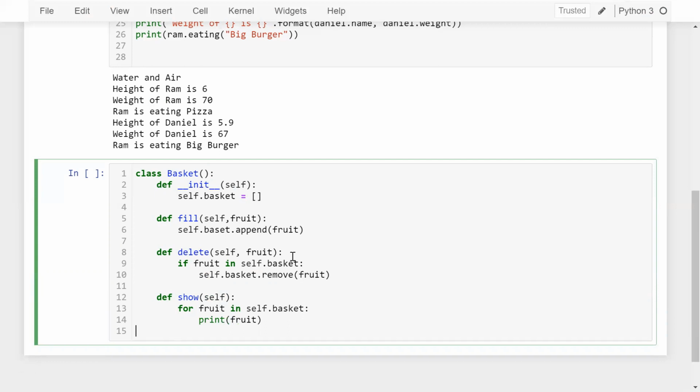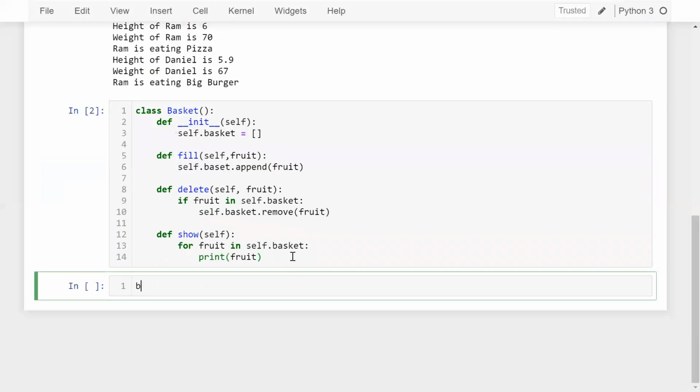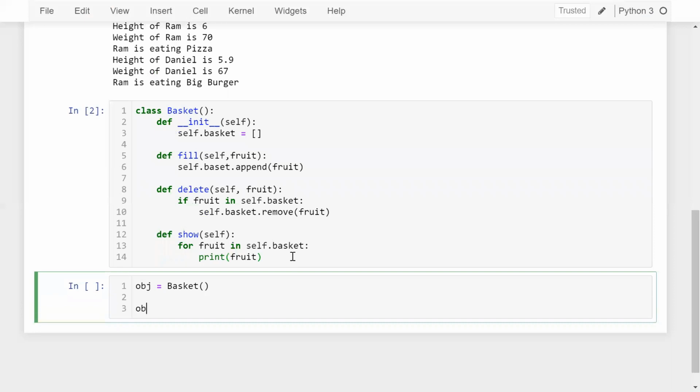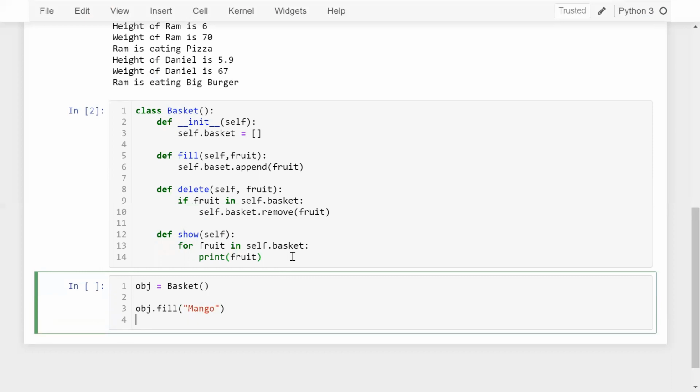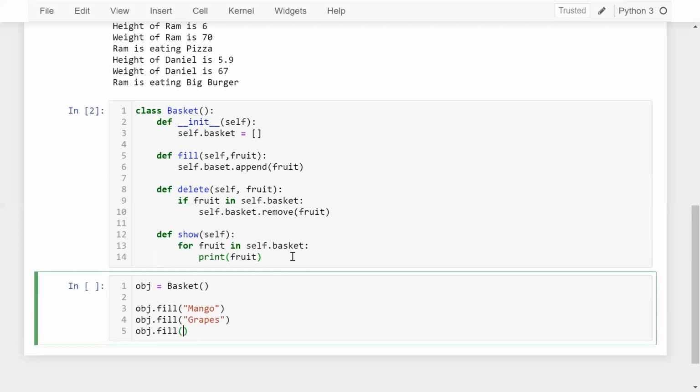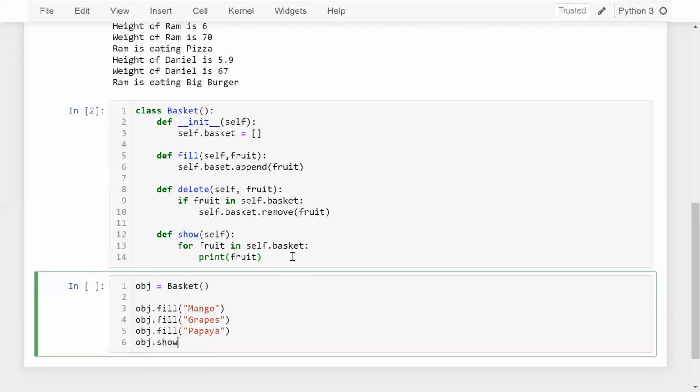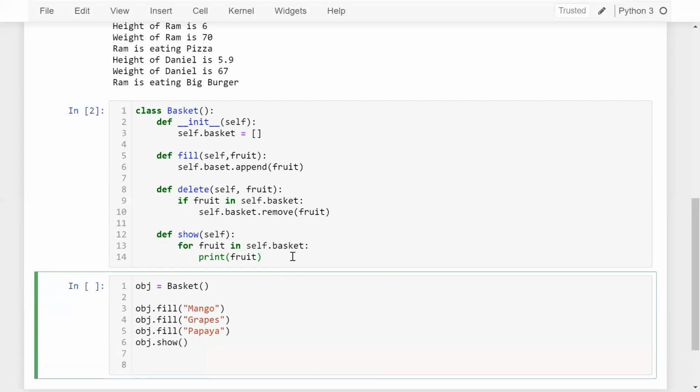Okay, now let me run this. Let's say I'm going to create an object of the class Basket. That's it. Now object.fill, I want to fill, let's say mango. Object.fill, let's say grapes. Object.fill papaya, and object.show. Right, after showing the data, I'm going to delete something.